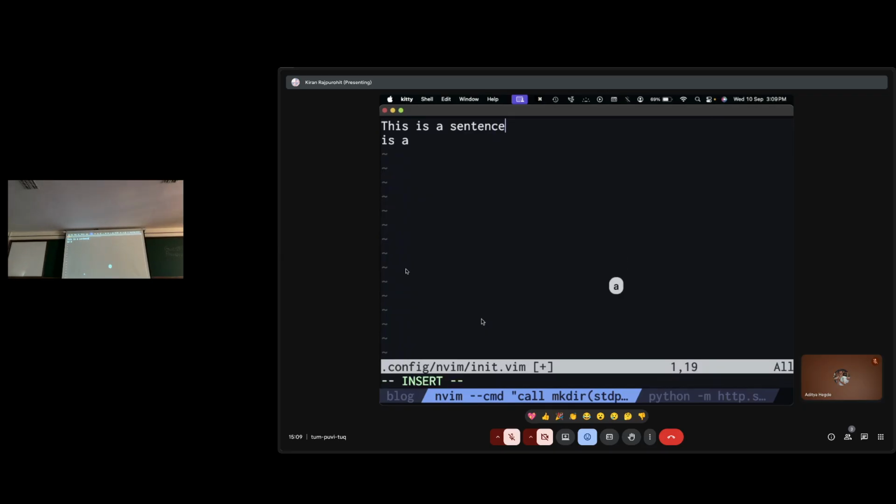I press A. So when you press A, you're going to insert mode after the character. Make sense? Cool. So what I was saying is that the compound operation of $A, dollar going to the end of the line, then A, we insert dot, right? And then we insert dot.